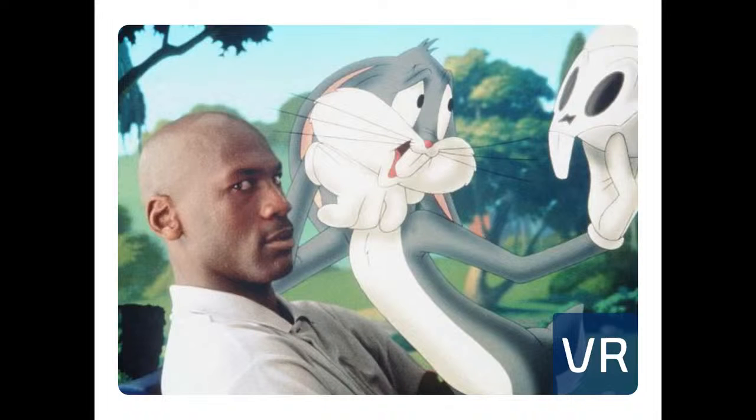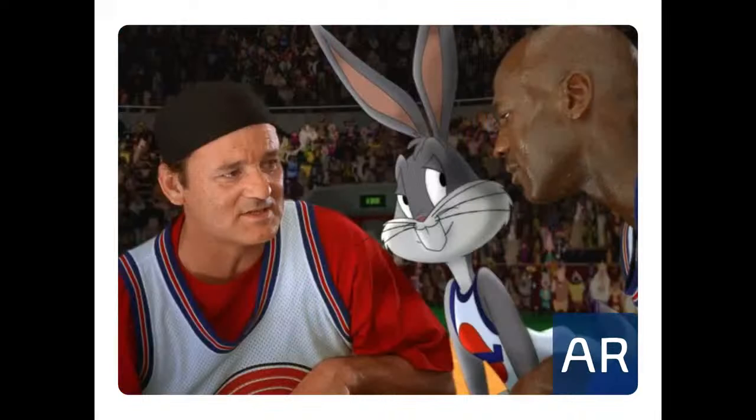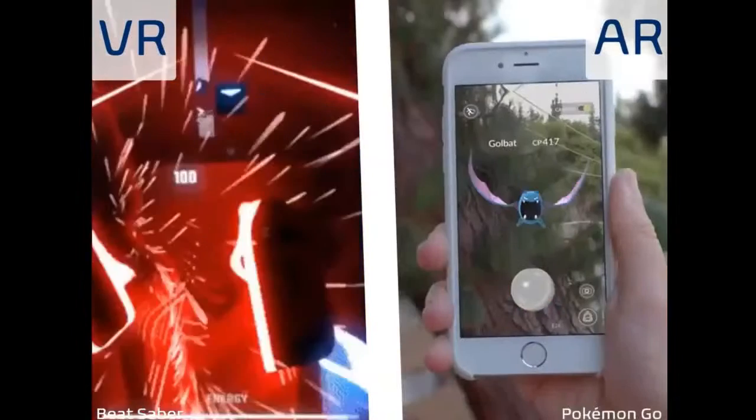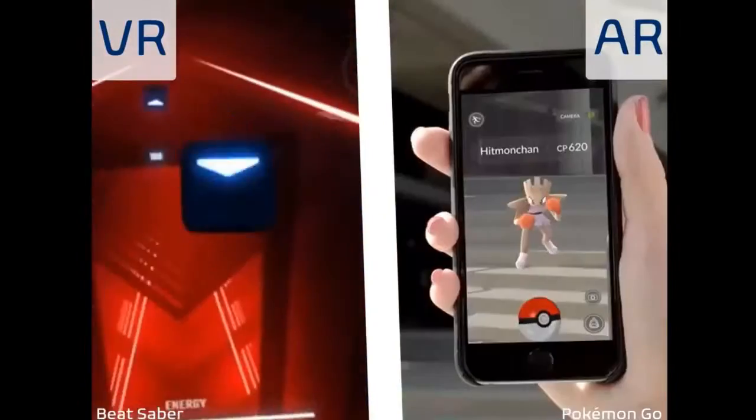A movie that represents both of these realities perfectly is actually Space Jam. It's a perfect example because it features both VR and AR. Michael Jordan in the beginning is being teleported into Looney Town. Everything around him is kind of crazy, digitally constructed with this fully immersed sense of art all around him, and he's interacting with Bugs Bunny and a bunch of the other characters. As opposed to what we have later in the movie, where we have the Looney Tunes coming out of their world to play basketball in our world. And so the realities have switched, which made the movie so interesting and so fun. So this is obviously kind of a funny example, but it's a very good one.